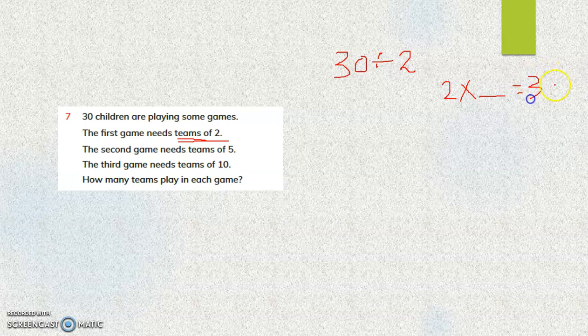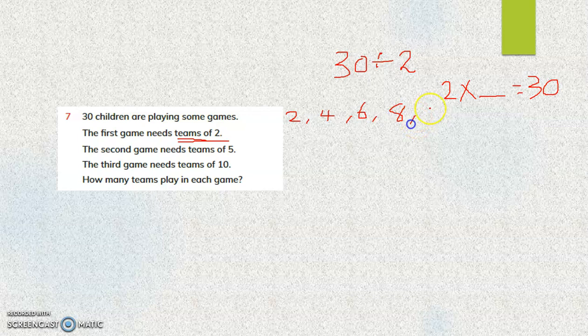ബട്ട് വി ഹാവ് ലേൺ മൾട്ടിപ്ലിക്കേഷൻ ടേബിൾസ് ഓൺലി അപ് ടു 2 tens are 20 അല്ലേ? 2 into 10 20 ആണ് എന്ന് മാത്രമേ പഠിച്ചിട്ടുള്ളൂ. ബട്ട് വി സോ ദാറ്റ് മൾട്ടിപ്ലിക്കേഷൻ ബൈ 2 ഇസ് സെയിം ആസ് സ്കിപ്പ് കൗണ്ടിങ് ബൈ 2. അപ്പോൾ 20 കഴിഞ്ഞിട്ട് എത്ര ടൈംസ് കൗണ്ട് ചെയ്താൽ 30 കിട്ടും എന്ന് നോക്കാം. സോ സ്കിപ്പ് കൗണ്ടിങ് ബൈ 2 ചെയ്താൽ 2 4 6